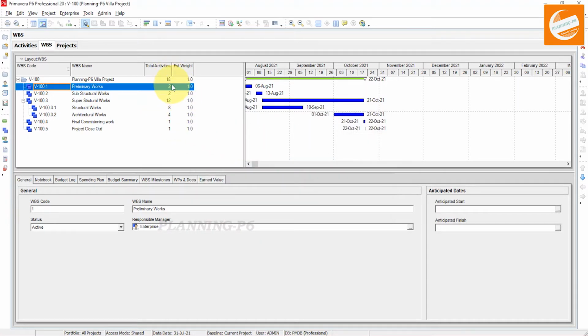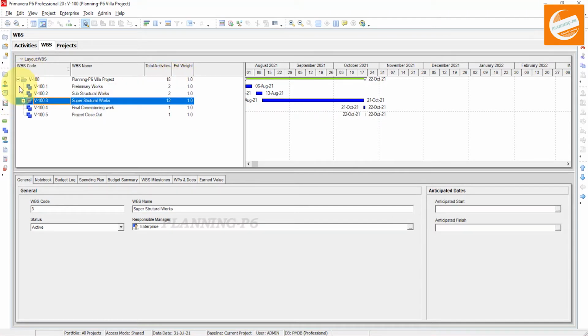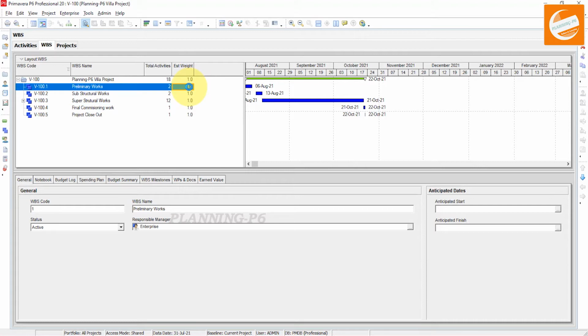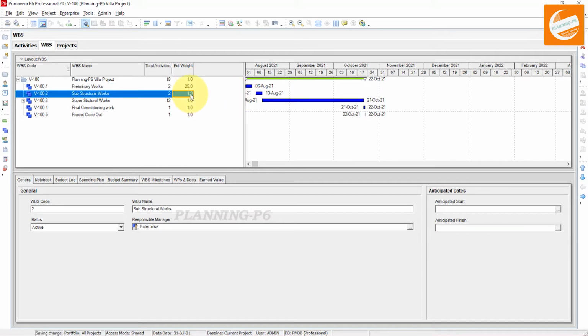Now you can see here our total activities are 18. If you want to assign weights separately, you can assign like that. Suppose the total overall weight is 100%, and we want to assign the first WBS 25%, and then the second is 32%.